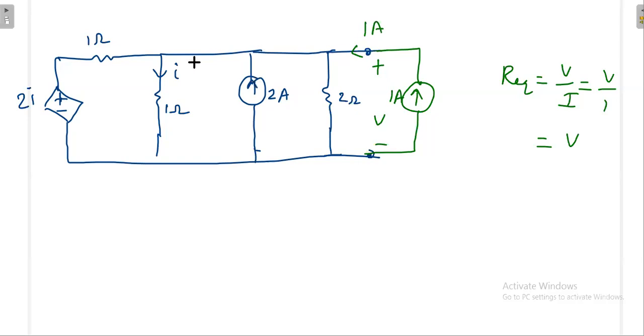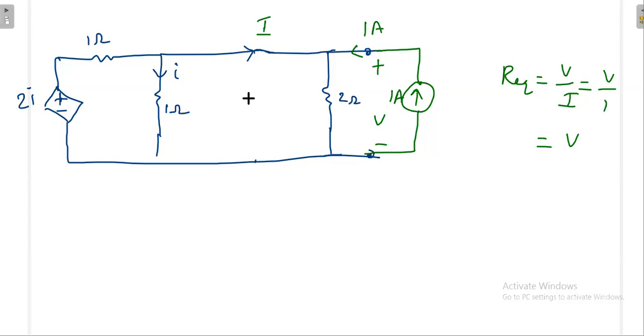So really, I have to introduce some variable, and again we made one mistake. This 2 ampere I have to remove, because we should retain only the dependent sources. The effect of real sources has to be removed. Again here it is 1 ampere, here it is I. So I have to introduce some variable, some I. Capital I, don't get confused. This is small i, both are different.